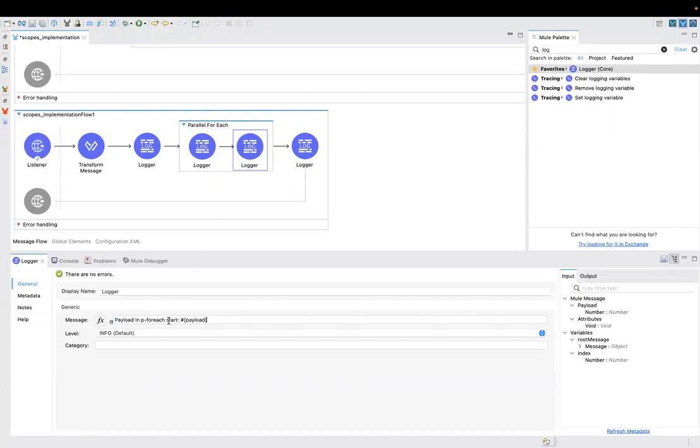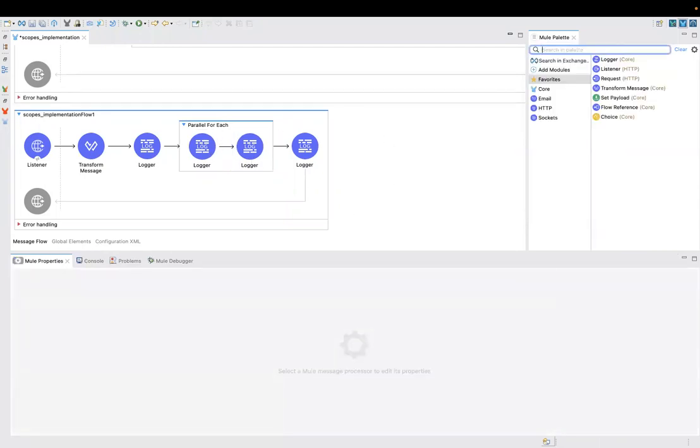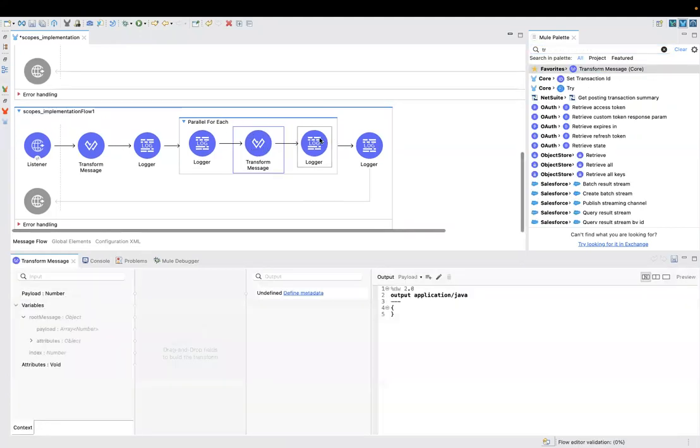And payload P for each n. So in between this, I want to increment the value. Use the transform message. Basically, it is not only the transform message or a simple operation. In real use cases, to process multiple things, we are going to use parallel for each and we will call